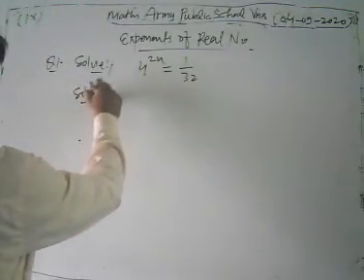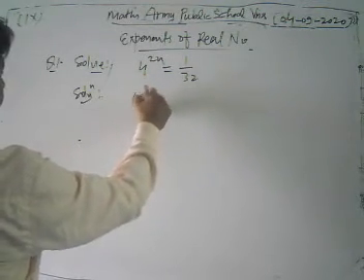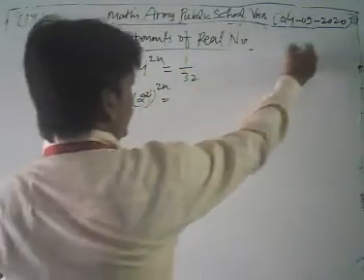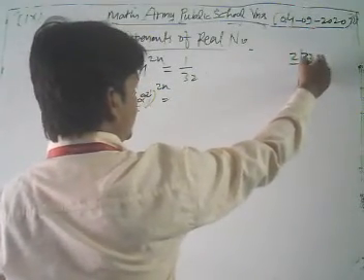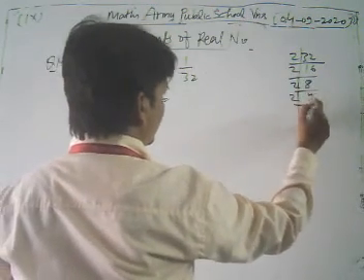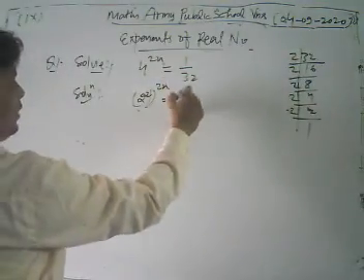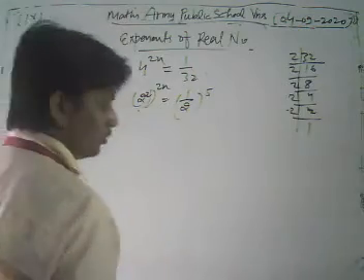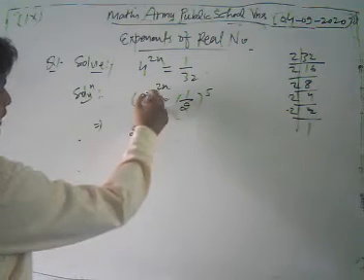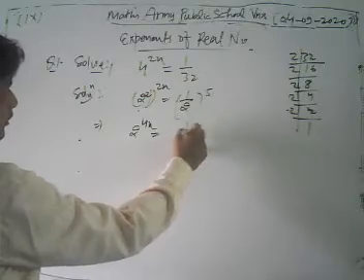First of all, dear student, we can write 4 as 2 square, and in whole we write 2x. Now you know that if you do prime factorization of 32, then you get 2 times 16, 2 times 8 is 16, 2 times 4 is 8, 2 times 2 is 4, and 2 times 1. We get five 2s, so here we can write 1 upon 2 to the power 5. Now look what I do, dear students. Here we apply the law of exponent: 2 times 2 is 4x, and here 1 upon 2 to the power 5.